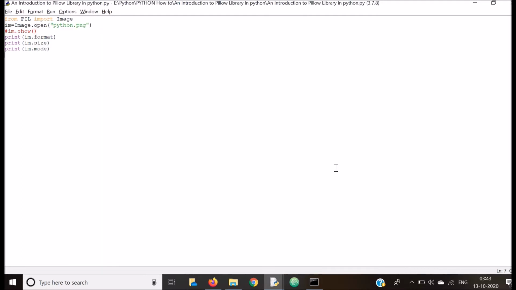Now we will see how to crop an image. For that we have to write some commands. Box equal to, now in this we will define the sides of an image: 100, 100 and 400, 400.